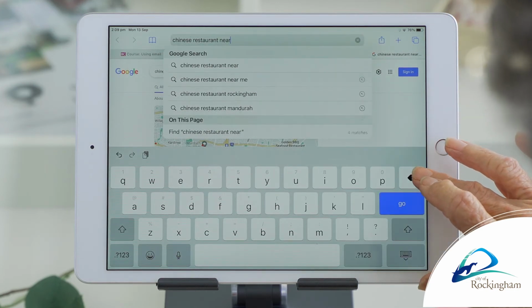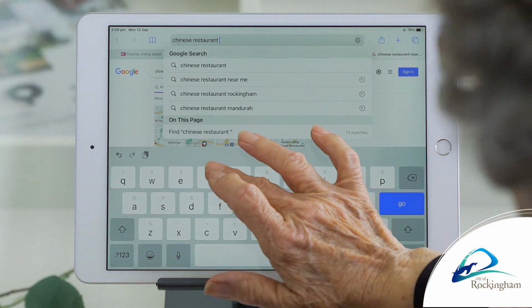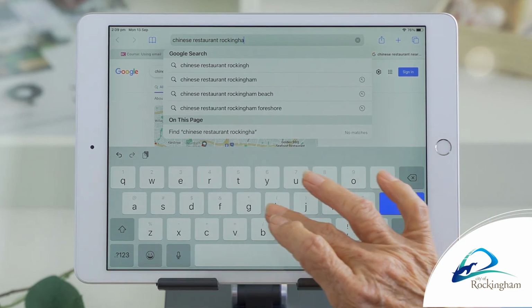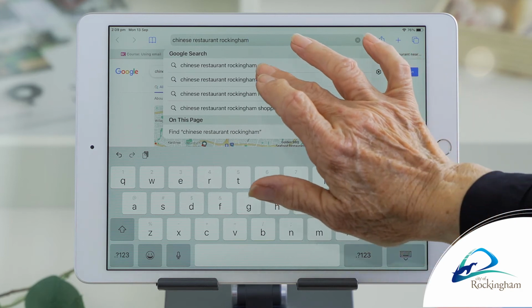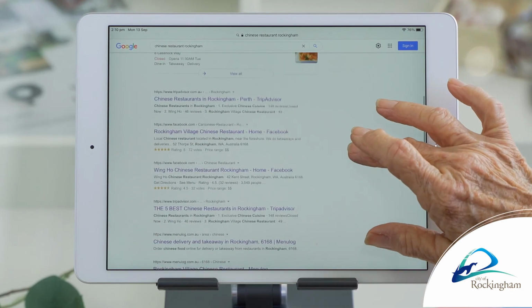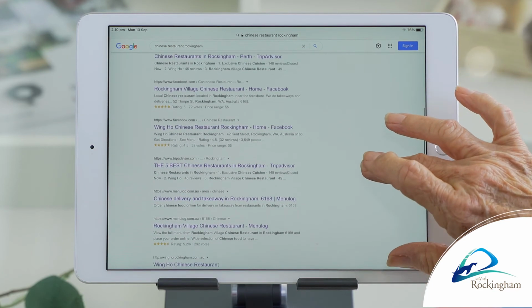So the more specific the information you put in, the quicker you will get the information back. It will usually bring up a list of possibilities from which you can choose the one that suits you best.